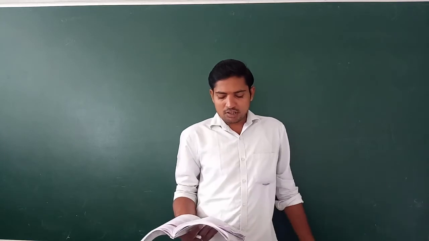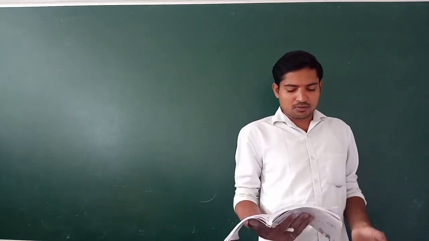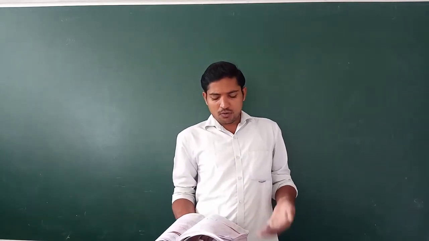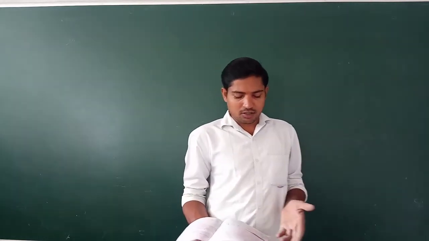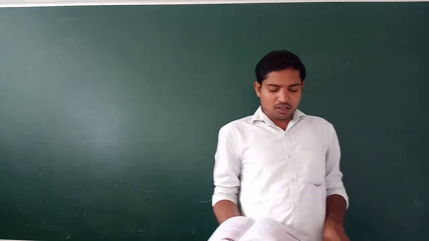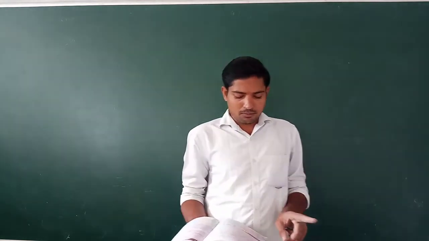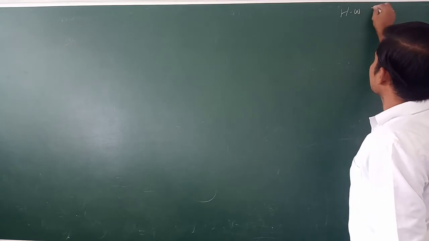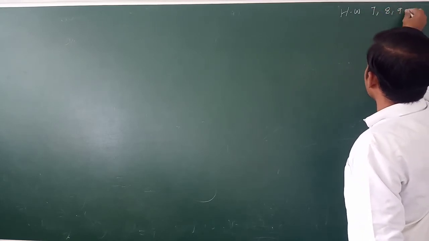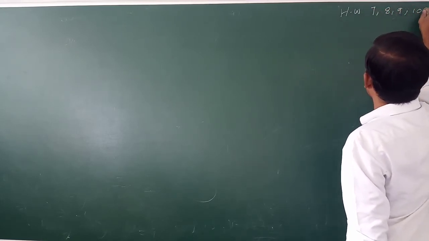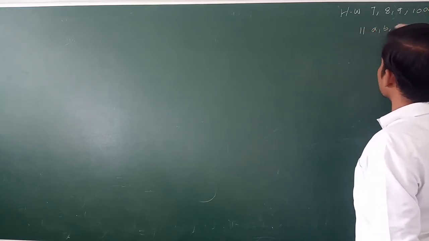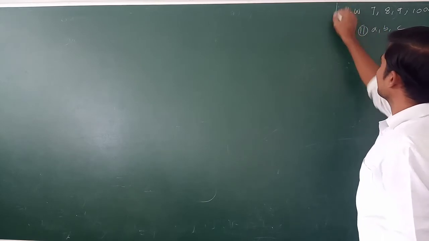Next, 11th problem: find the distance between the two points. We are familiar with the distance between two points. So A is homework, B is homework, C is homework in the 7th to 11th problems. I am going to explain D from the 11th problem. See, homework problems are 7, 8, 9, 10 and the 11th Roman A, B, C. This is our homework.